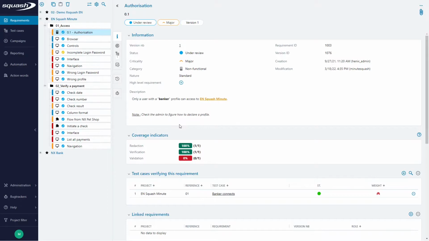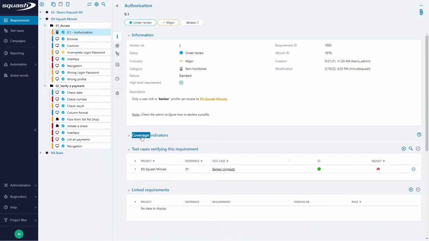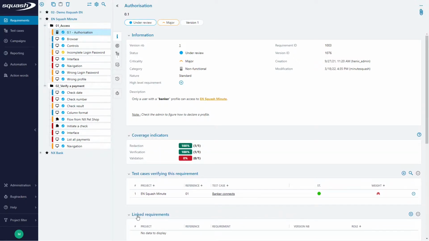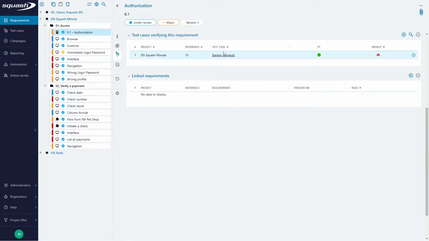The other parts of the consultation page can be easily accessed thanks to different retractable blocks, as this one, or this one, and each part can be accessed by the anchors here. To access directly the test cases verifying this requirement, for instance, we can select it and we are automatically on this block.